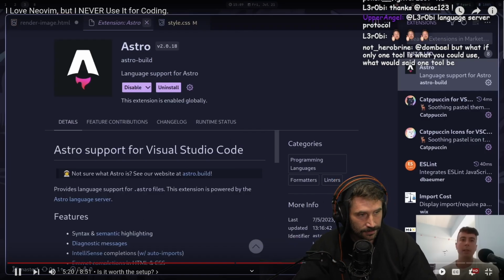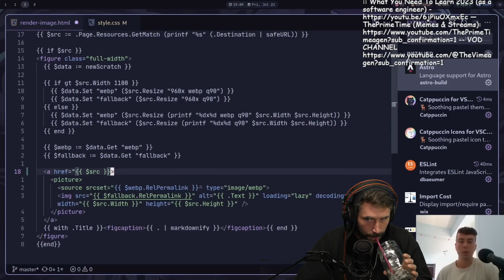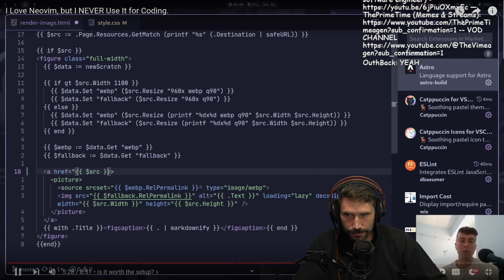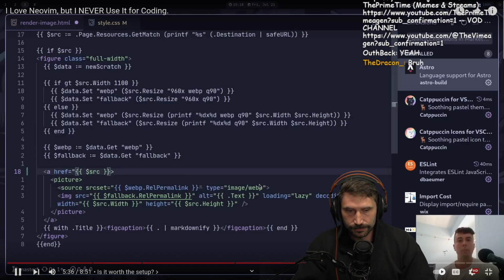And another thing is just that VS Code has all of these things out of the box. It has a whole bunch of nice, useful features. All of this syntax highlighting, all of these language servers out of the box. You don't have to configure everything. And for everything that you can do in VS Code, there is usually a way to do it in Neovim, but it generally requires a lot of configuration and setup in order to actually get it working. And it got to the point where I was just wondering, is it even worth it or not?